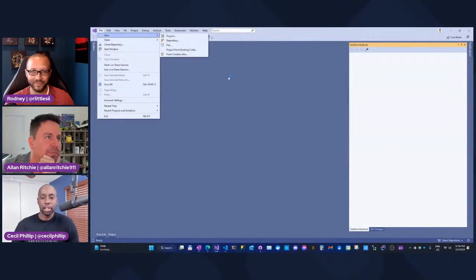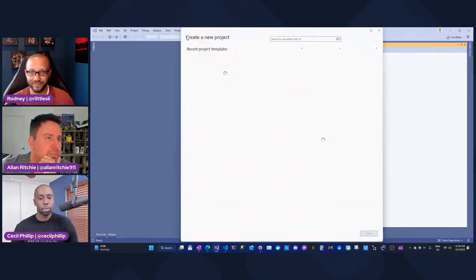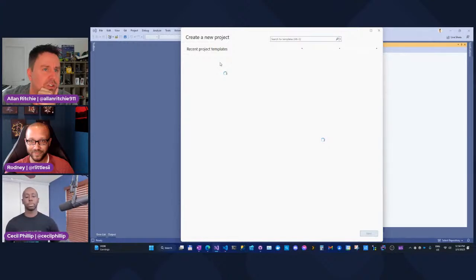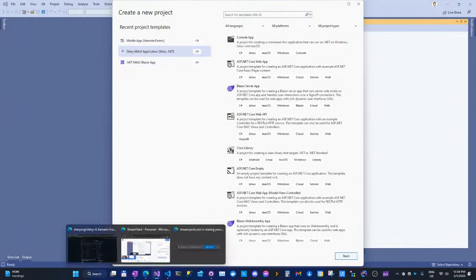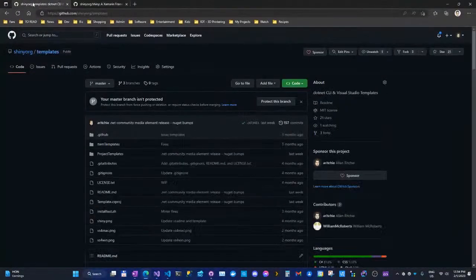So okay. Let's take a look. I'm going to start with the easiest way to run a Shiny application, or to get it going, because there's still a lot of work that has to happen. A couple months ago, I made these templates to deal with that. I'll send a link for this after.